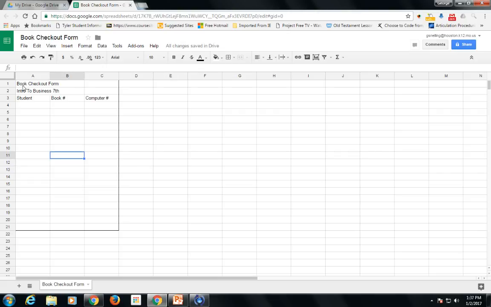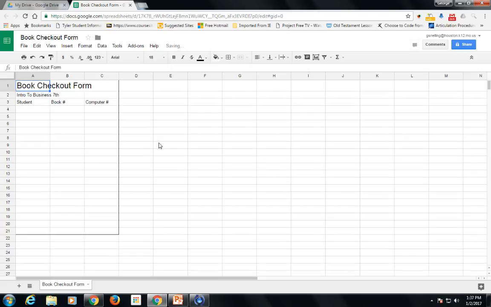Our title and our classroom need to offset from each other. They shouldn't be the same, right? When you're doing a form, when you have different important elements, you want to separate them, and normally that's done by color. Eventually we are going to separate those by color. But first, I'm going to grow this title by going up to the font drop down. This is the font type, this is the font size. So if I make this, say, 18,